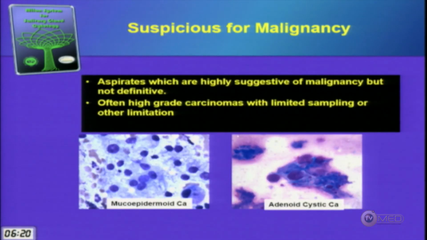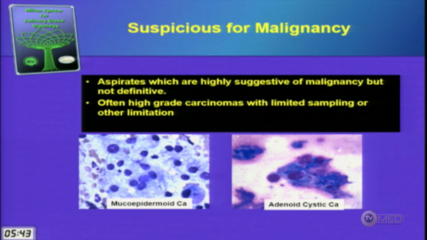Suspicious for malignancy, again, we all know this category very well. It's a standard cytology category. It's for those aspirates of a salivary gland tumor that are highly suggestive of malignancy. I'm pretty sure that that is adenoid cystic carcinoma, but maybe I have a limited sample, I don't have any clinical information, and if I call it adenoid cystic, the patient's going to get a radical surgery. So maybe I'll put it into suspicious for malignancy, suspicious for adenoid cystic, and then our clinicians will do a frozen section and confirm that diagnosis.